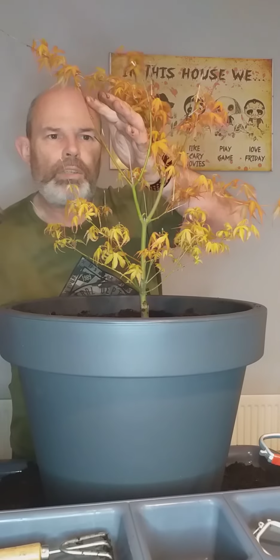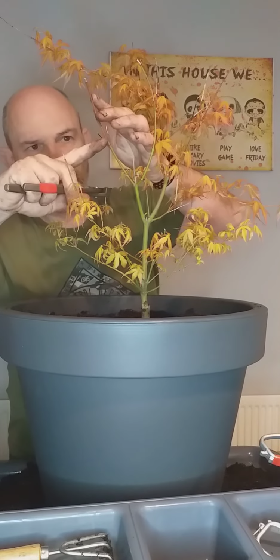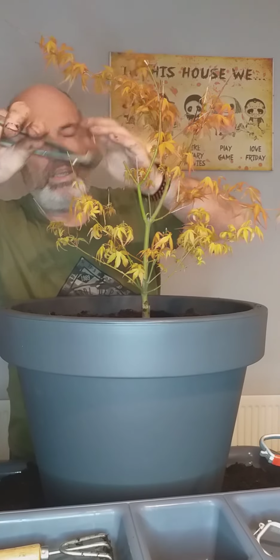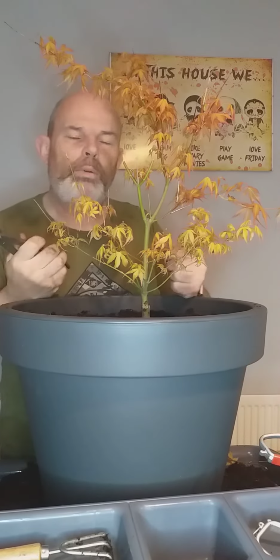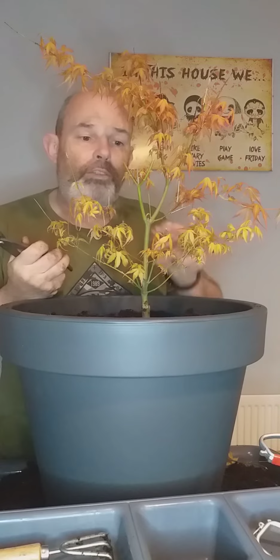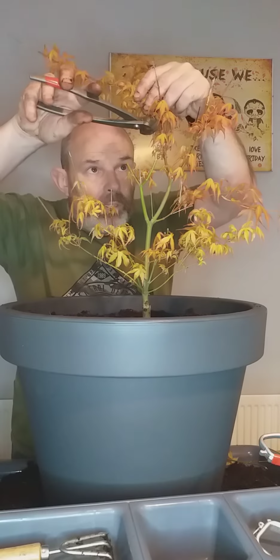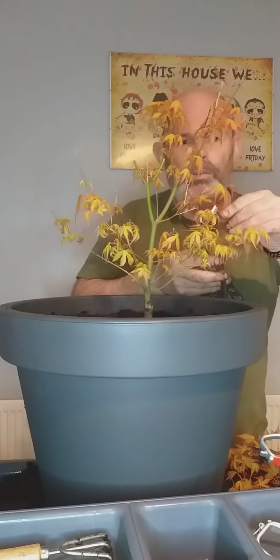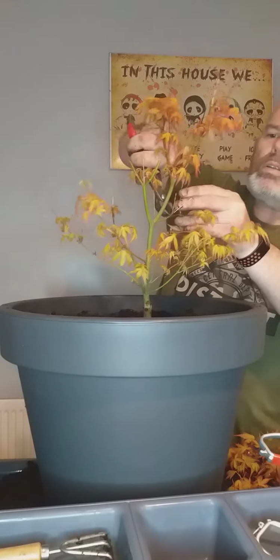Now with maples, you have to trim between nodes, because if you trim it here, it'll die all the way down. So what you do is you trim it halfway and it dies back down to the next node. If you trim it back down too far, you're in jeopardy of losing a full branch. So what we'll do is we're going to just trim it here. What I want is a nice shape, but I don't want to do too much to it just now, because I don't want to put too much stress on the tree. I'll remove the dead branches,